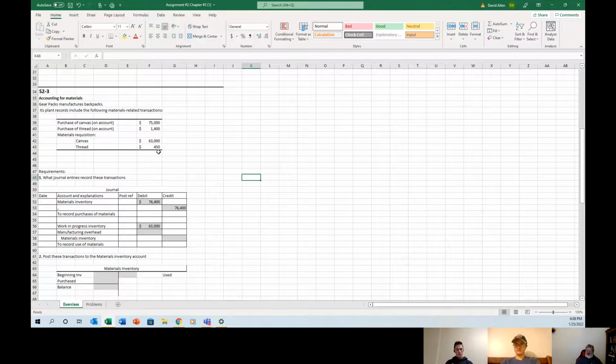But the reason we're calling it an indirect material goes back to the same stuff we did last week, where we're talking about glue and nails and stain. Thread is something that we're going to get on a big bolt, and you're not going to use one spool of thread for one